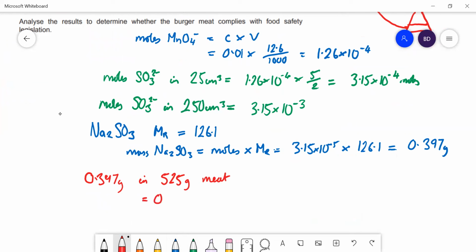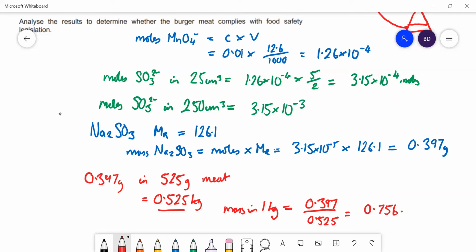That's equal to 0.525 kilograms. So what is the mass in 1 kilogram? That's going to be 0.397 divided by the mass in kilograms, which is 0.525. And that gives us